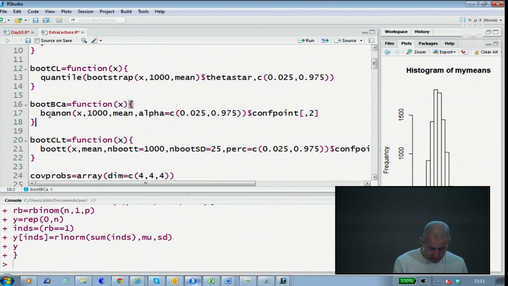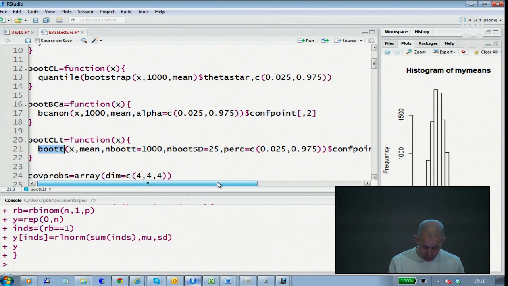But there is an R function, bcanon, that exactly uses the BCa Bootstrap confidence intervals, and there is a boot T function that gives you the Bootstrap T confidence interval. So it's very easy for us to go investigate how these things apply.